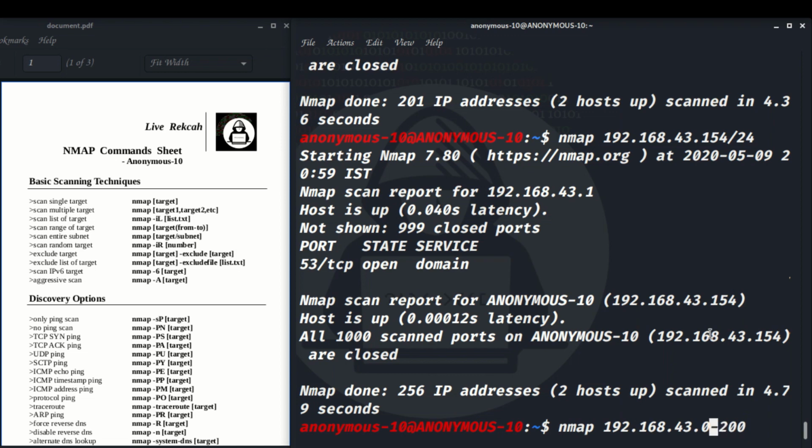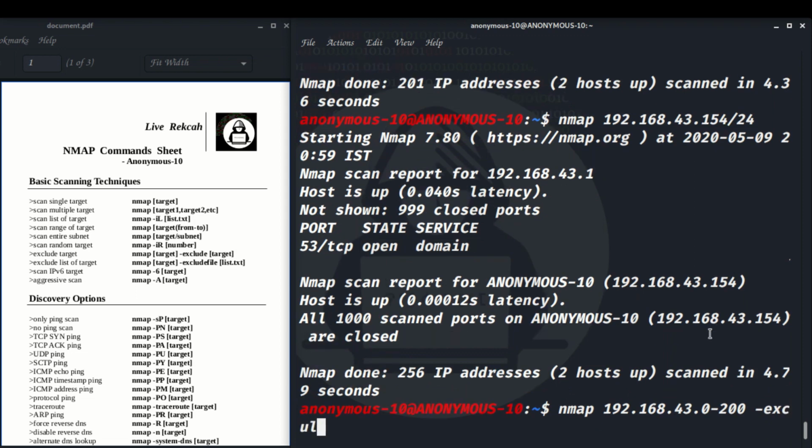I'm going to scan nmap from 192.168.43.0 to 200, and I'm going to exclude it. Just put minus minus exclude, and the target I don't want to scan is 192.168.43.154.